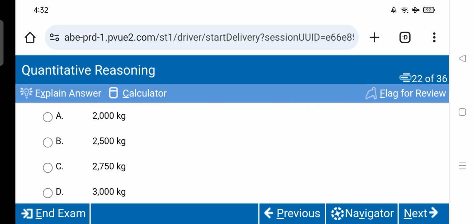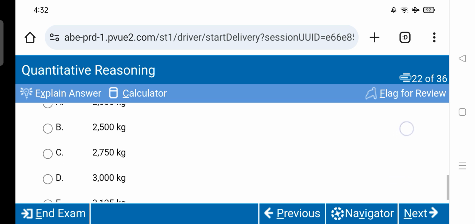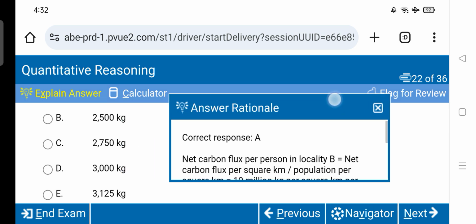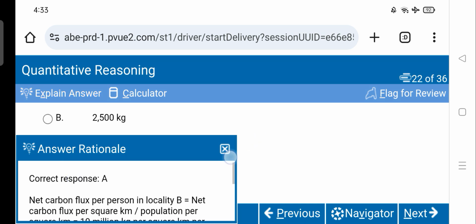Option A, 2000 kilogram, option B, 2500 kilogram, option C, 2750 kilogram, option D, 3000 kilogram, option E, 3125 kilogram. The correct response is option A,